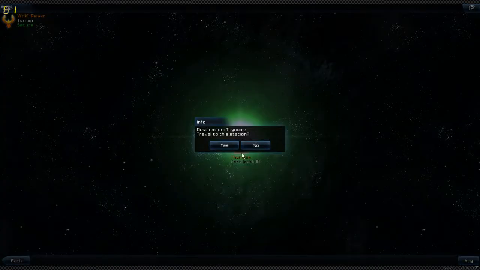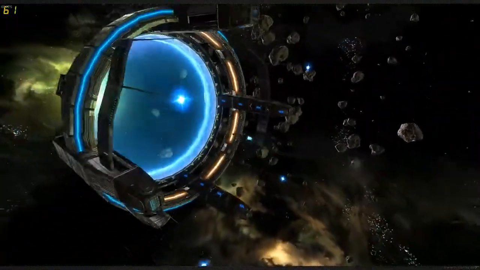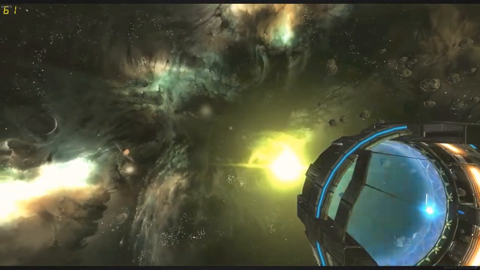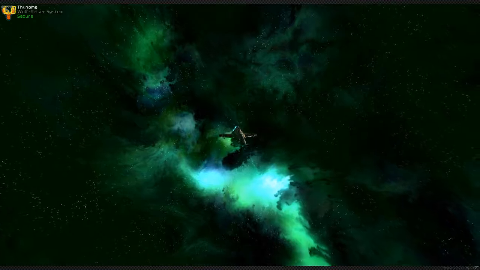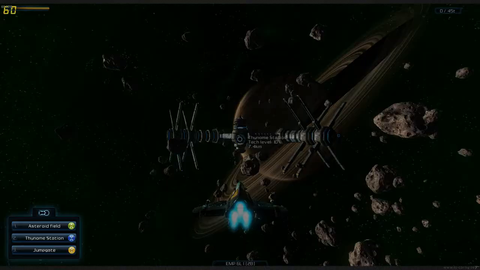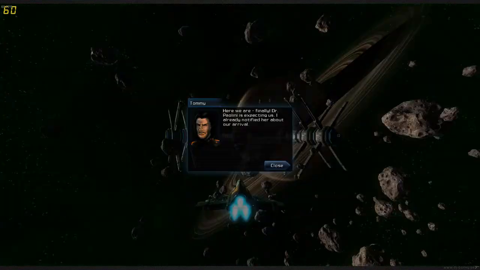Which only has one station, which is Tynome, which is at tech level 10. And yeah, it sells tech level 10 stuff. It sells pretty good stuff, but it's obviously expensive. Because, well, it's...